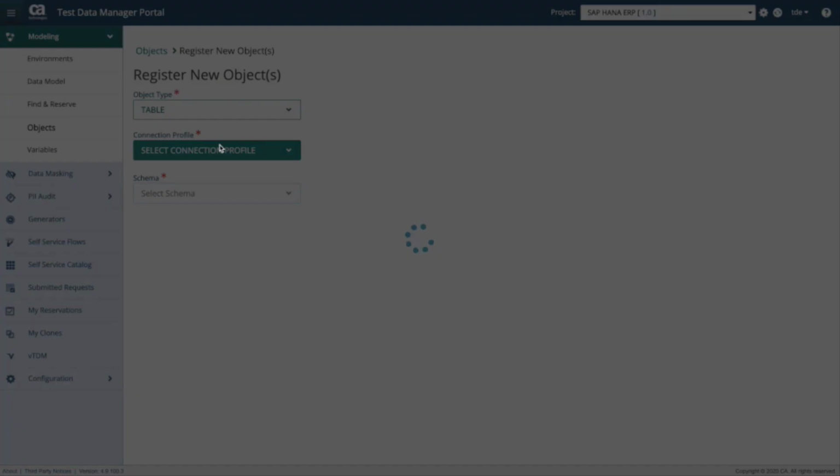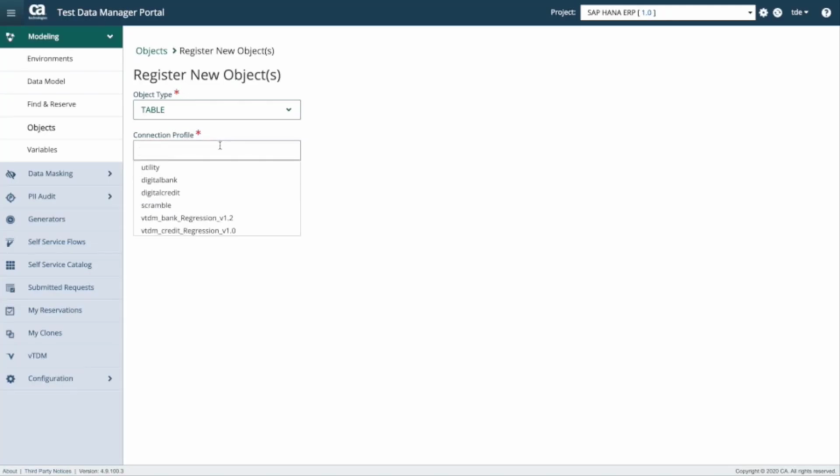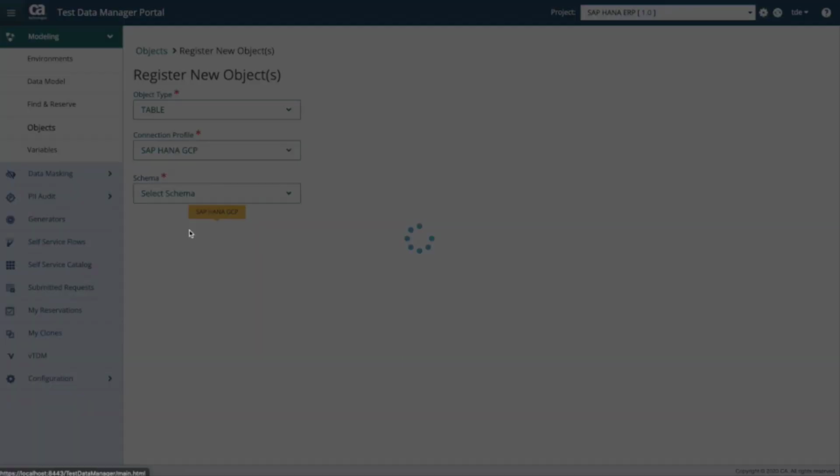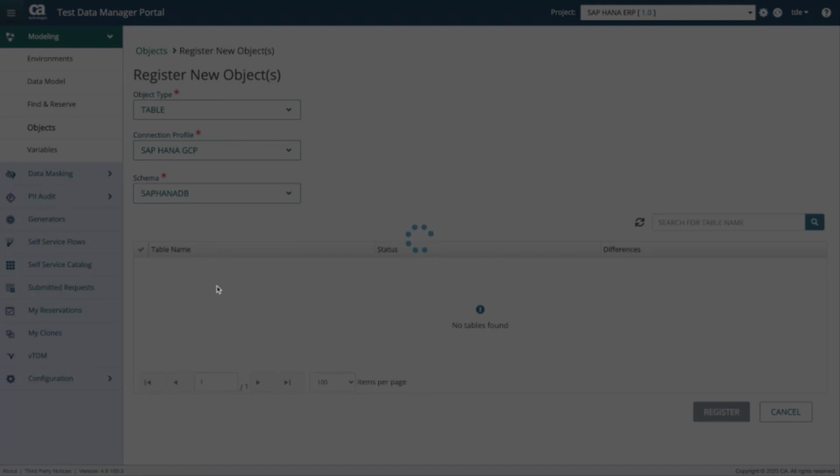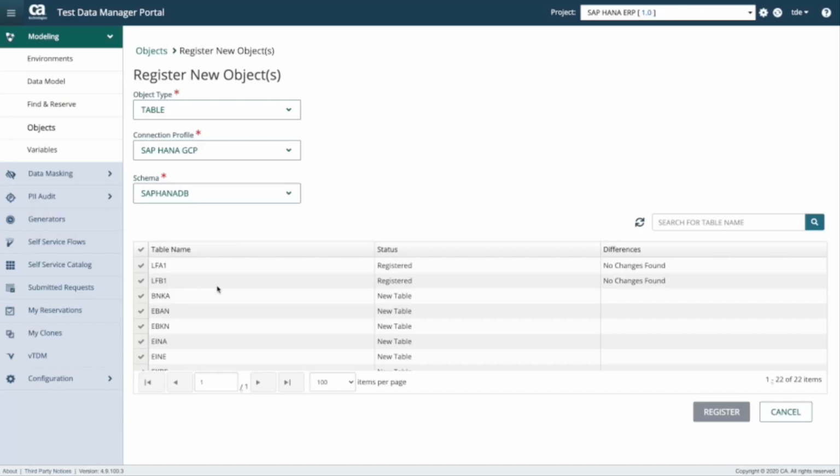So I can select the table, and then I can choose a particular connection profile I want to use. We set up an SAP HANA profile that's connecting to HANA Express in our Google Cloud platform. And here I can select my schema. In this case, it's the SAP HANA database. Then I can choose which tables out of that schema I want to register. In this case, I'm going to generate vendor records, so I'd want to register